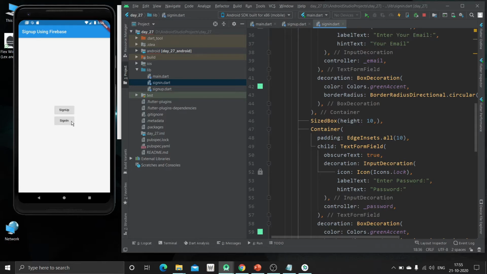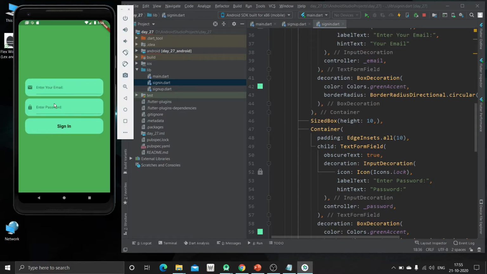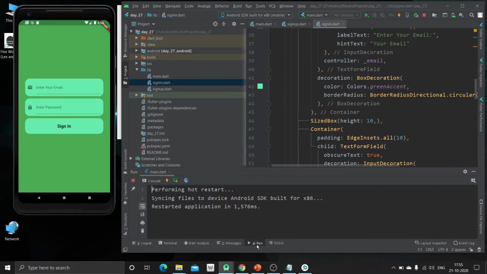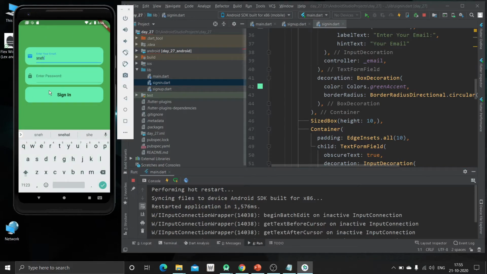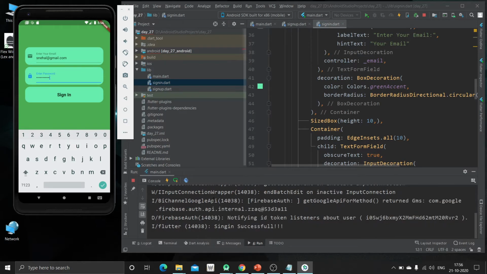Now just click on this sign in. Now just enter the credentials, that is .com. Now just hit sign in. So after the user is logged in, the message will be printed, that is sign in successful.